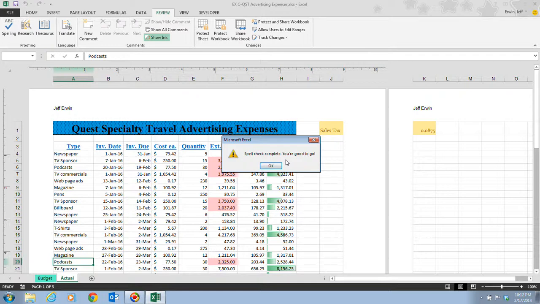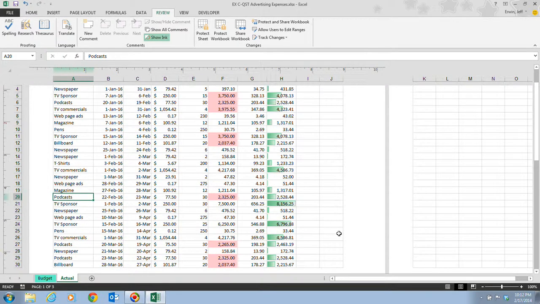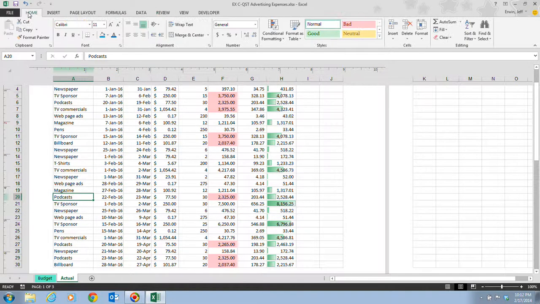Now, after changing PODACST to podcast on there, we notice that no more incorrect words are found, and Excel gives us our little message here that tells us that we're good to go, that the spelling check is complete. Once that's happened, we can go ahead and click on OK, and we know that our spreadsheet here is ready to go. Next, what we can do is click back on our Home tab,